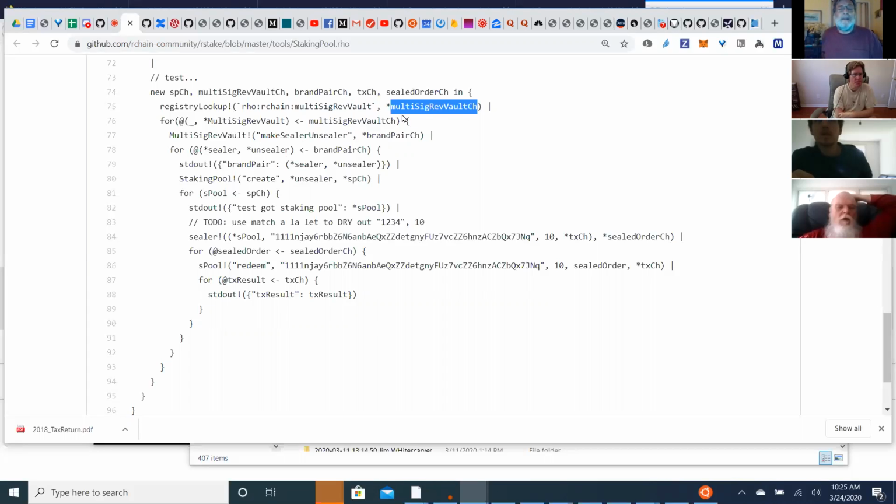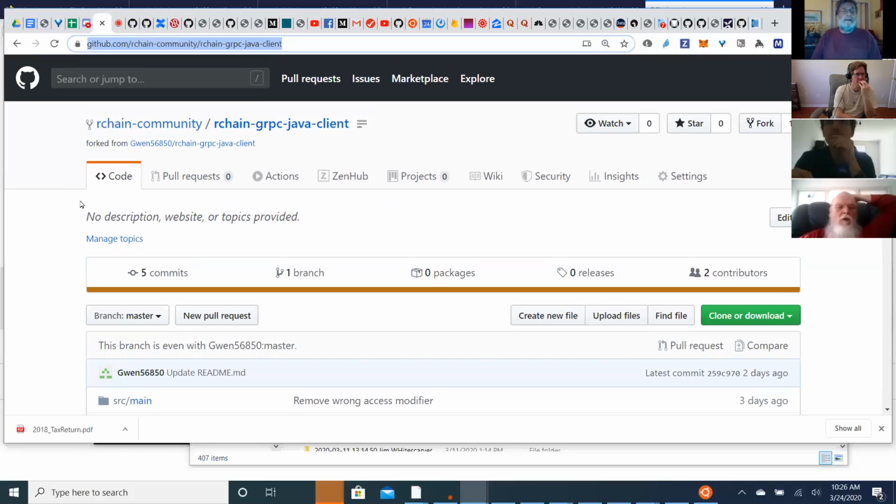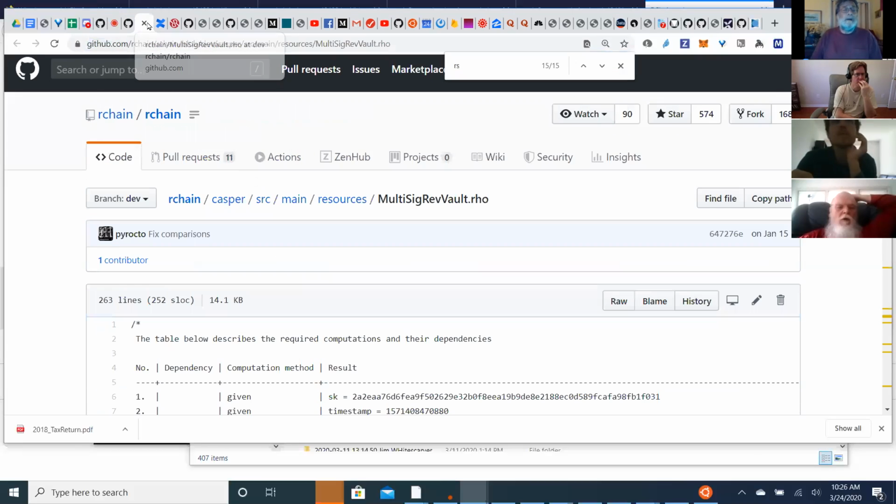So when I get this return on the multi-sig Rev vault channel and read that channel, it reads a tuple with two things. The first thing it returns we don't care about, so we don't give it a name. The underscore just means it's a placeholder. The second thing it returns is the multi-sig Rev vault address, which is what we want, the unforgeable name for the multi-sig Rev vault, which we then call. We make a sealer and an unsealer. And if we look at the multi-sig Rev vault contract,